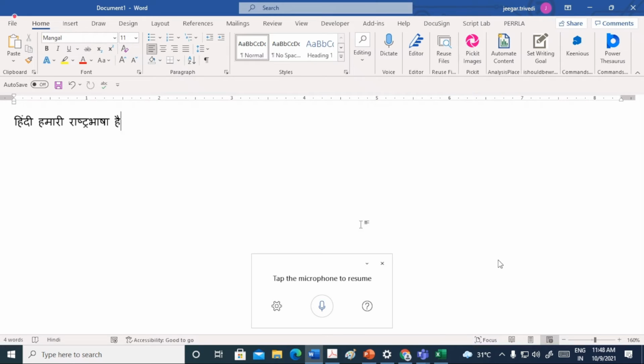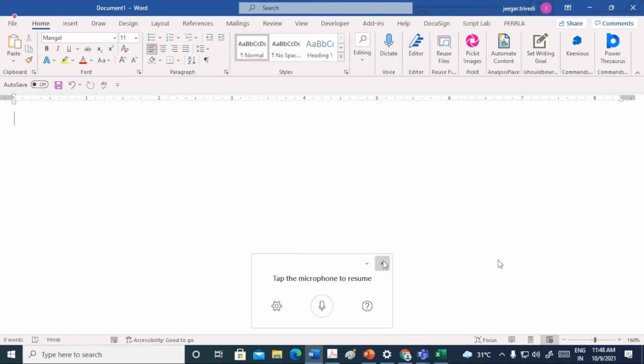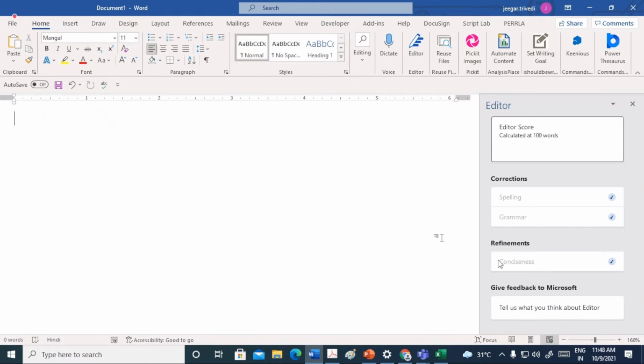The next inbuilt important feature, I'm closing this, is the Editor. Editor is one kind of checker that will check your Word document.